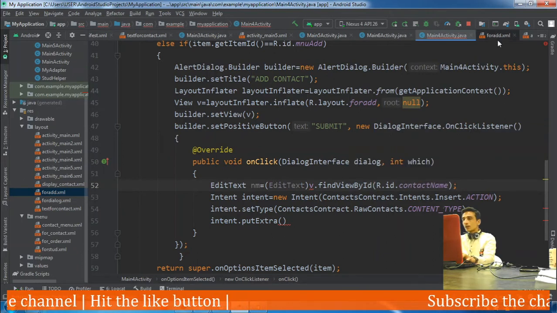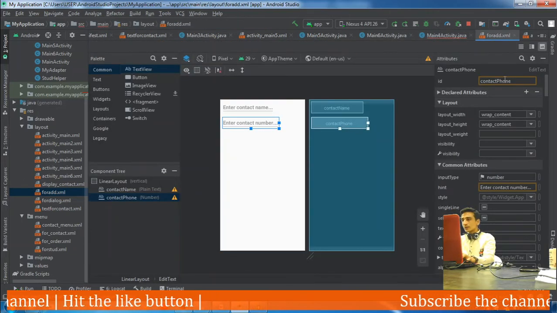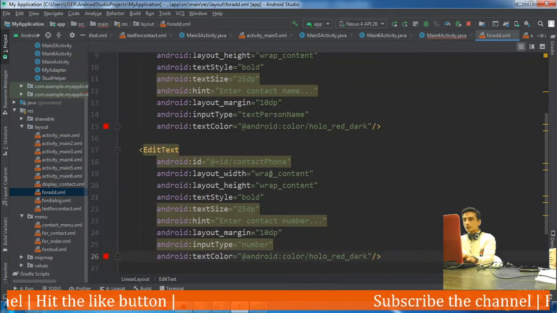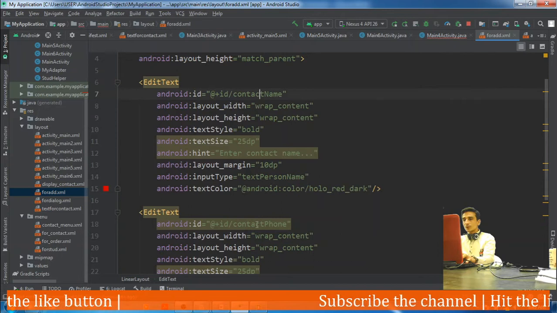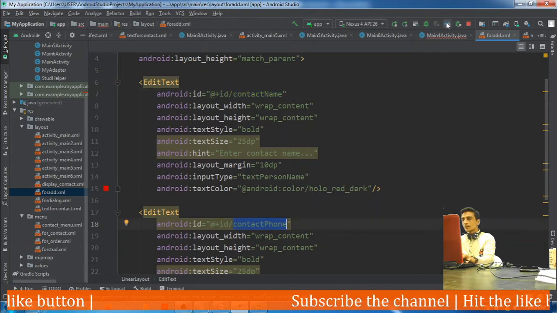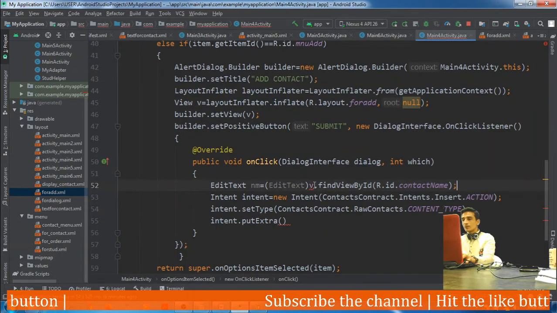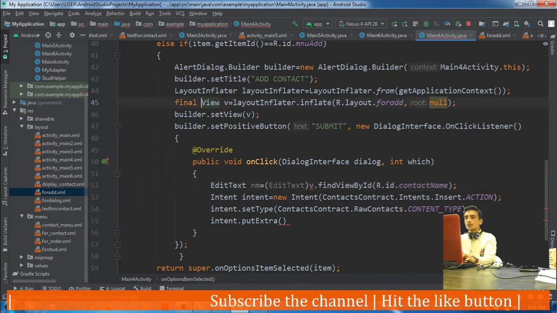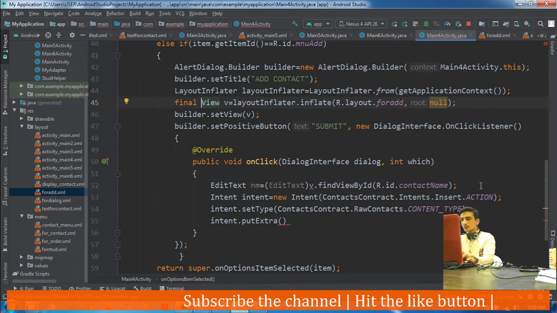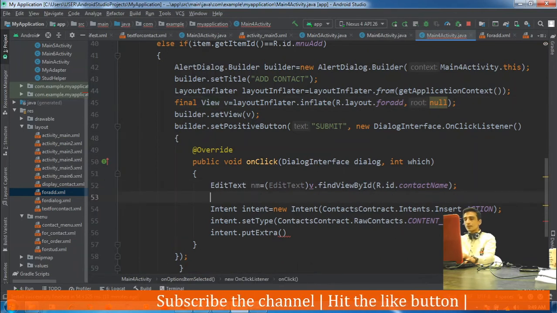We have given the ids as contact name and contact phone. That's why we have written here v.findViewById. v should be final, otherwise it cannot be accessed inside the inner blocks.